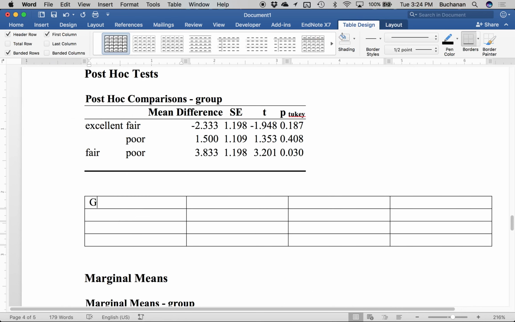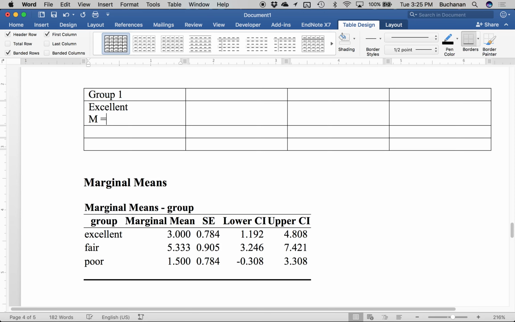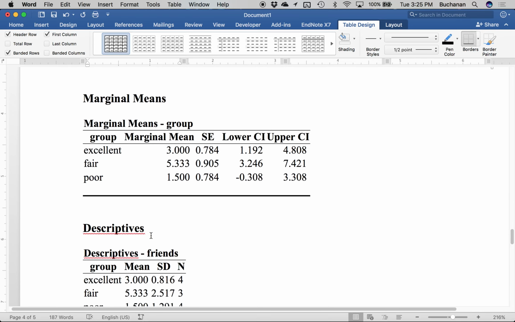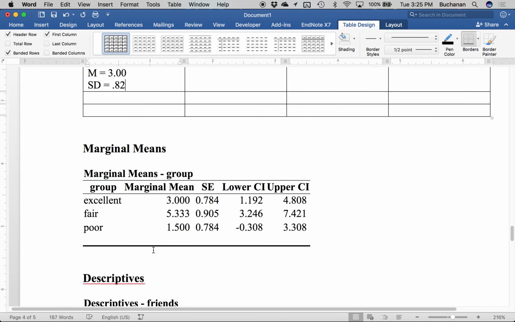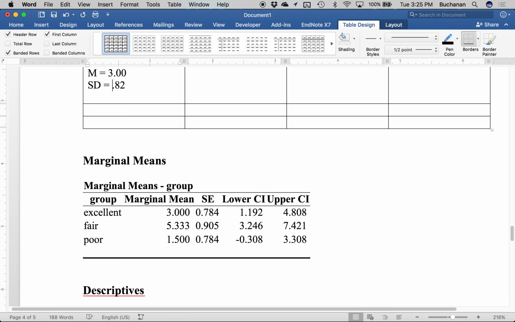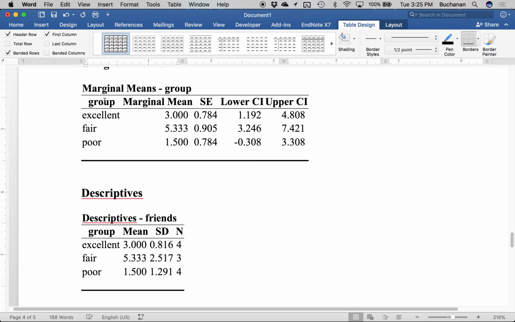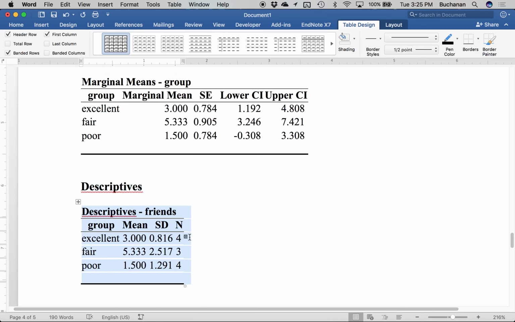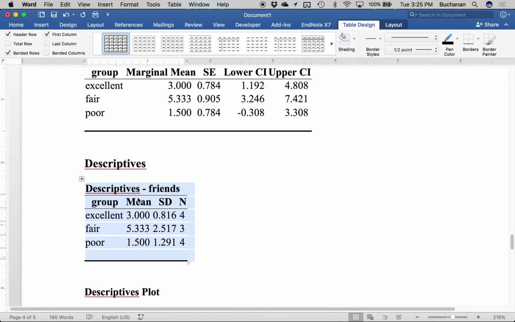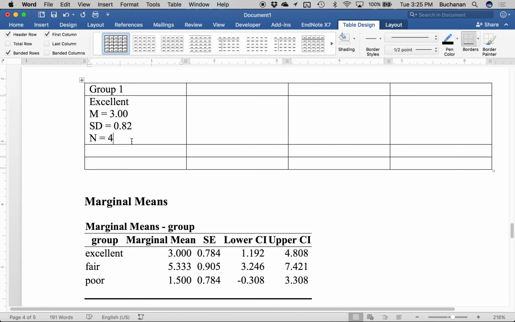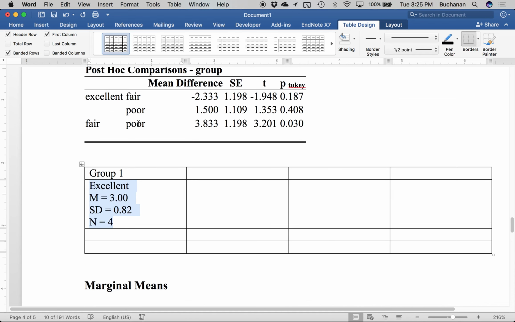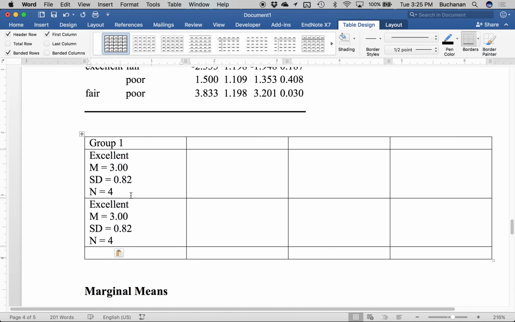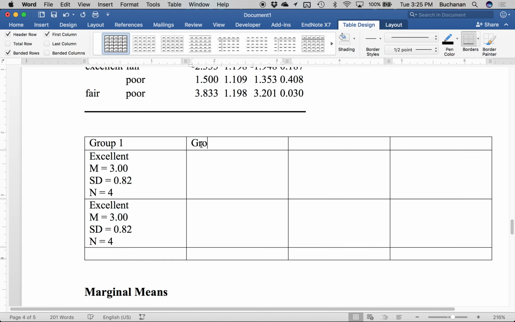Okay, so this is going to be group 1. So group 1 here is the excellent group. Their mean is 3. Their standard deviation, you'll see there's a reason for this in a minute, is 0.82. And in here, I'm going to use my descriptives box, so I'm getting this pretty much all from here. It's actually more, this box is more helpful than our marginal means box, is 4. Now that's also going to be group 1 for the second comparison. So just going to copy and paste that again. Group 2 here,